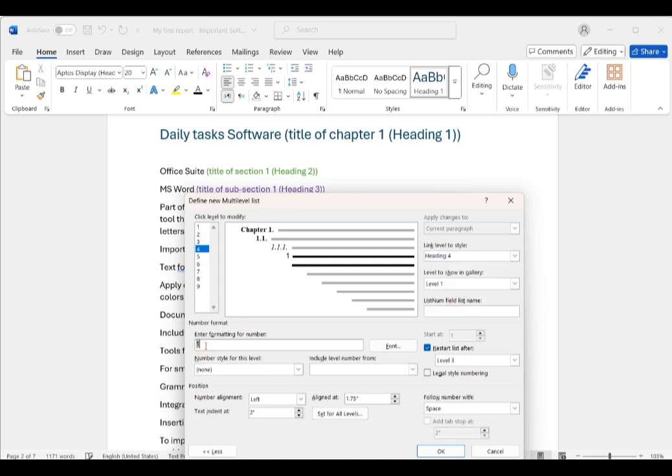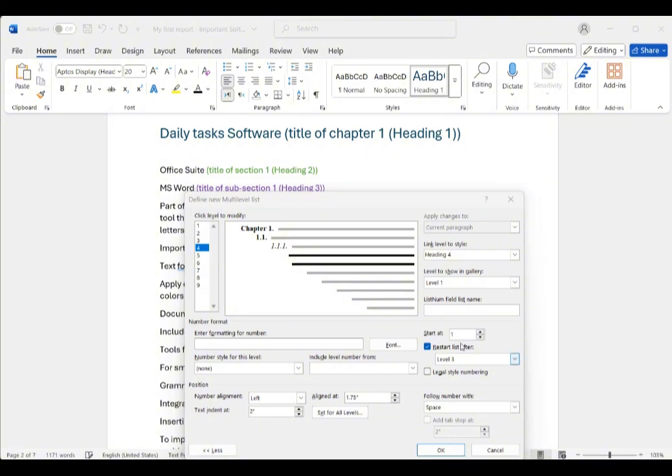And for the number, I will remove this and define it as a list like this. So we'll choose here level 1 dot level 2 dot level 3 dot, and then after all these numbers we'll choose the style for this subsection. It will be 1 2 3 also, and after that we'll write dot space, and we may choose the font